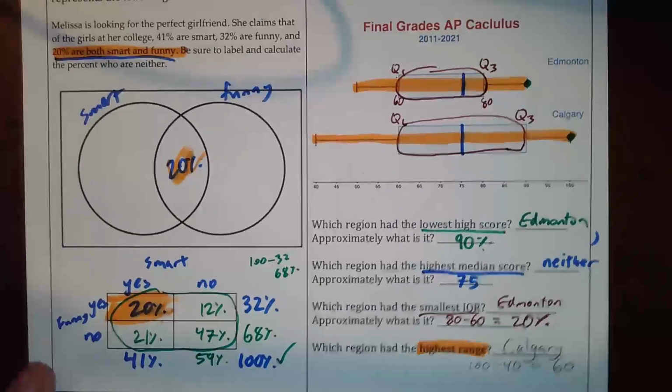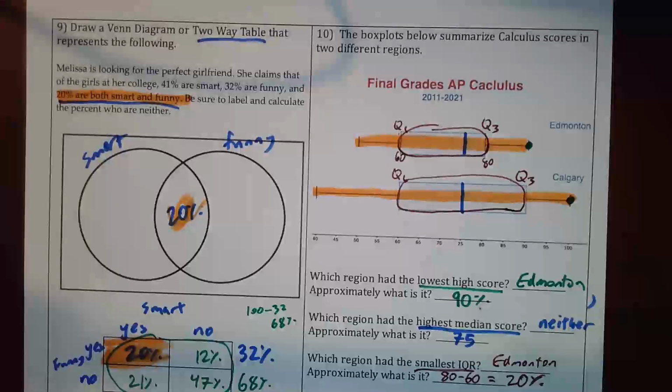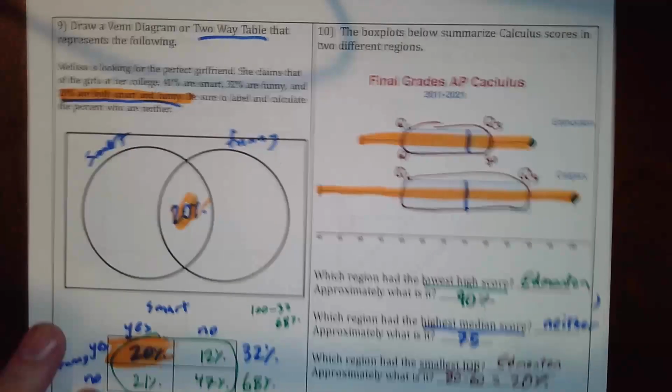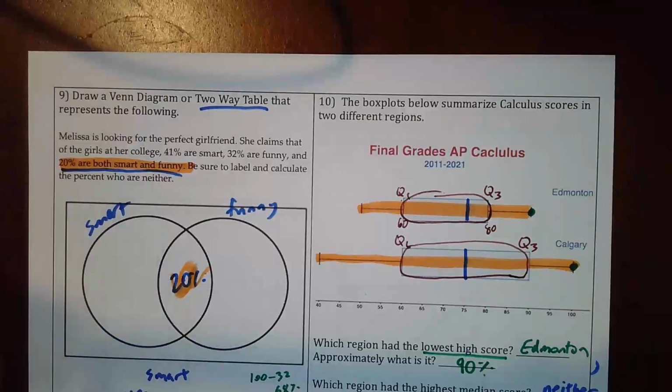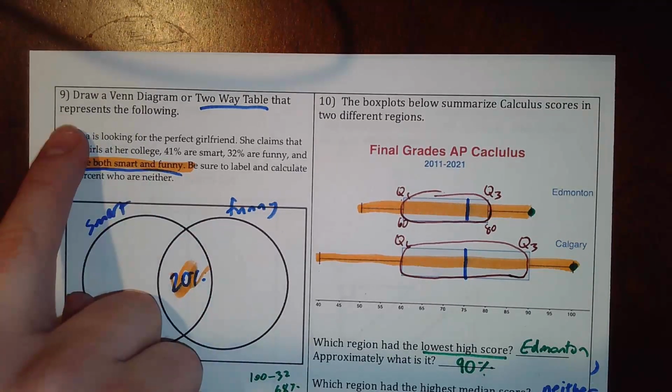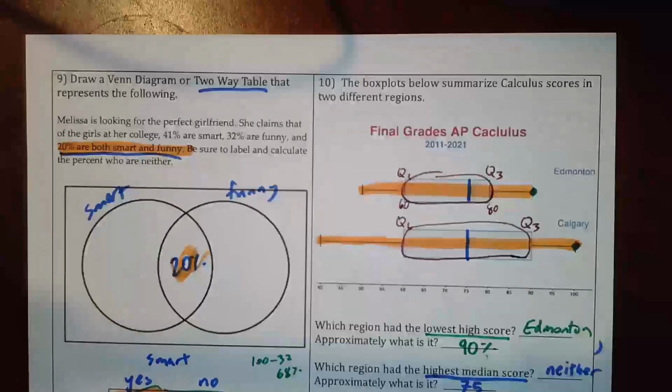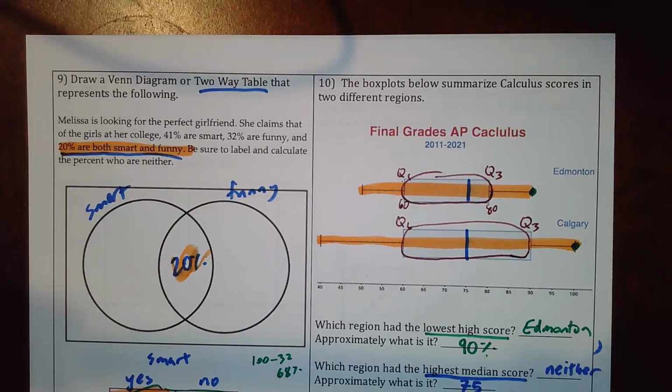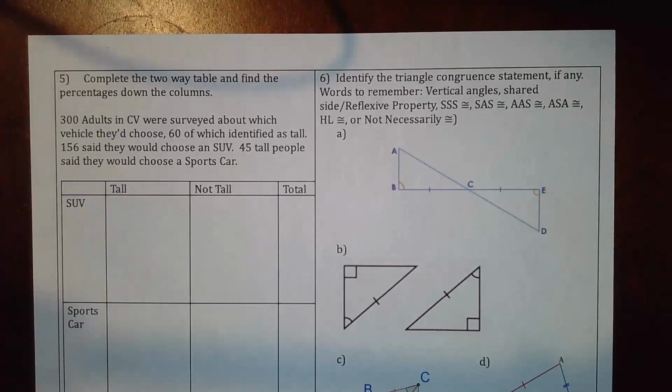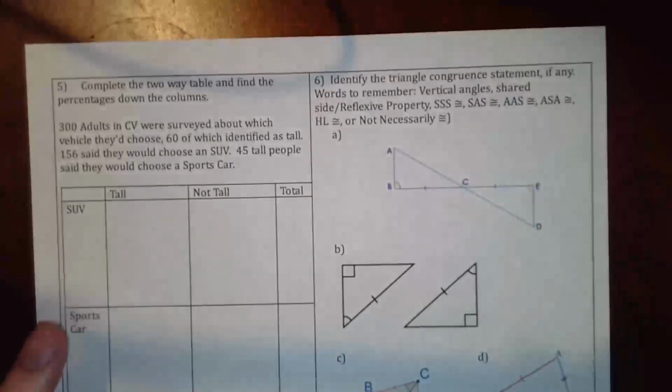So I just realized I'm working a little bit backwards here. I did number 1, 2, 3, 4, and I skipped numbers 5, 6, 7, and 8. So we're going to jump from this and make our way back to numbers 5, 6, 7, and 8. Okay, so for number 5, it says